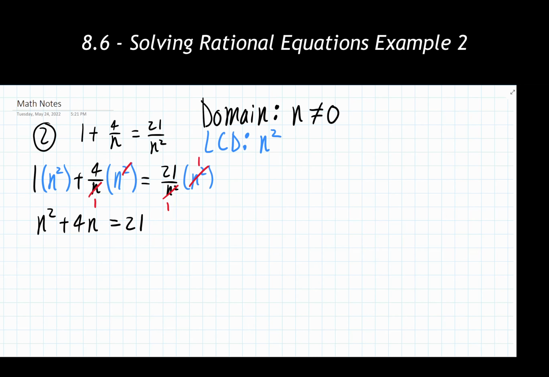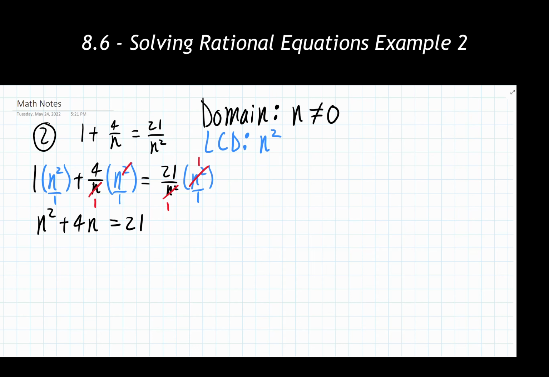If you need to, there's nothing wrong with this. We did it in example 1, so if you want to write these out like this, you can write your lowest common denominator as being over 1 as a fraction, if that'd be helpful to you. You don't need to, and you won't always see examples listed like that, but it is something that you do have the option of doing.